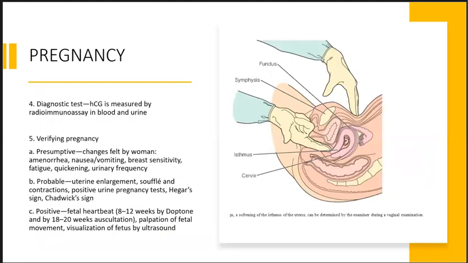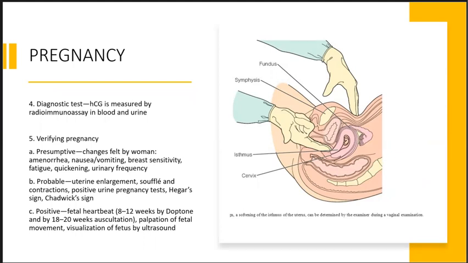We can measure our HCG by radioimmunoassay in the blood or in the urine. The serum actually is more sensitive, so results are more accurate and available earlier with this test. So that's one diagnostic test for pregnancy by measuring serum HCG. Again, in terms of verifying pregnancy, we have the presumptive